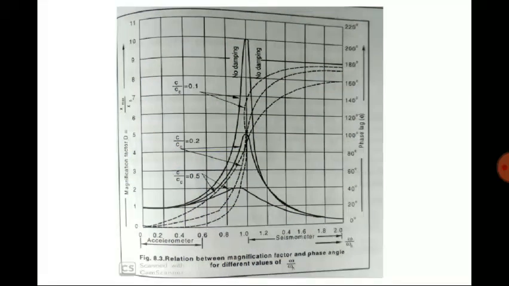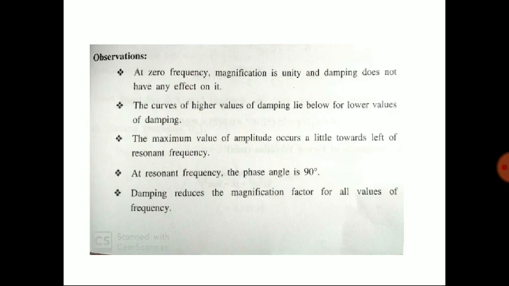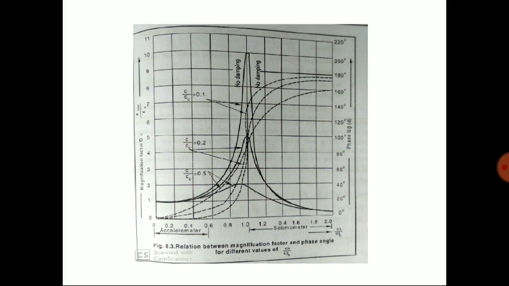So we can move to the figure. You don't have to worry more. Usually for this type of curve, they only ask for the drawing. So you can show different terms here. If you look at the y-axis, you can see magnification factor on the left y-axis. On the right y-axis, you can see the phase angle. And on the x-axis, you can see the different values of frequency ratio, for different magnification factor and phase angle. So you just have to understand this much only. You can read the different findings below, but you have to remember only these things.